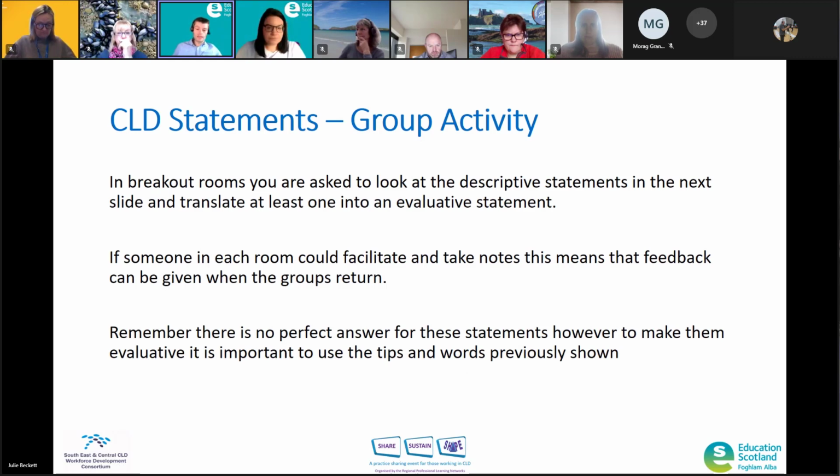And because there's 3 statements there, you don't have to do all 3. So for example, if your main discipline is youth work or adult learning or community work or family work, you can prioritise. So we ask each of the groups if you want to attempt 1 or you can attempt all 3. That's absolutely fine. We're happy for you to just do whatever you feel most comfortable with.